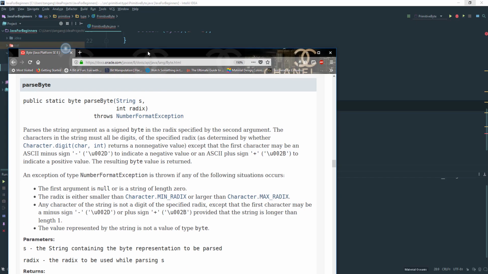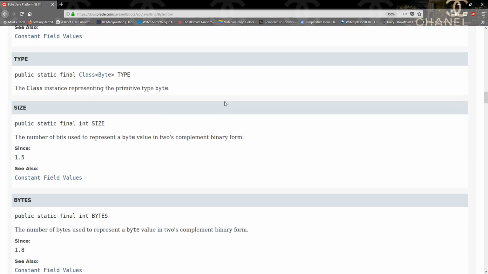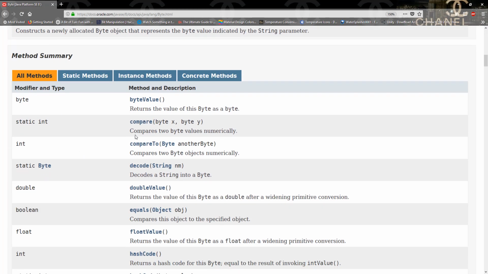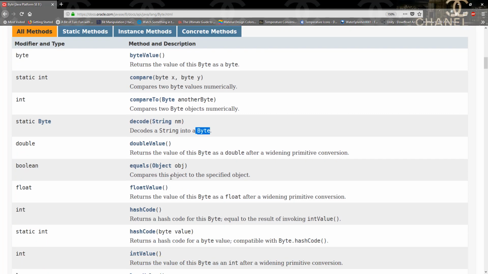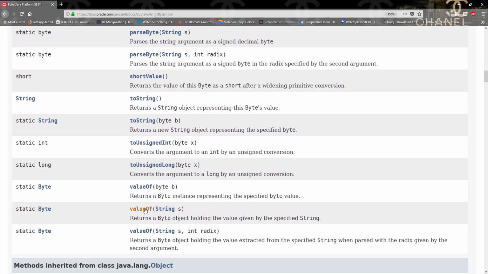And I'm already looking at the Byte class right here. If you look at the Byte class, you can see it has a bunch of methods. We have this decode method here that takes in a string and returns a byte. This Byte class returns type class of bytes, and this is static. And then we have another one here, valueOf, that takes in a string and returns